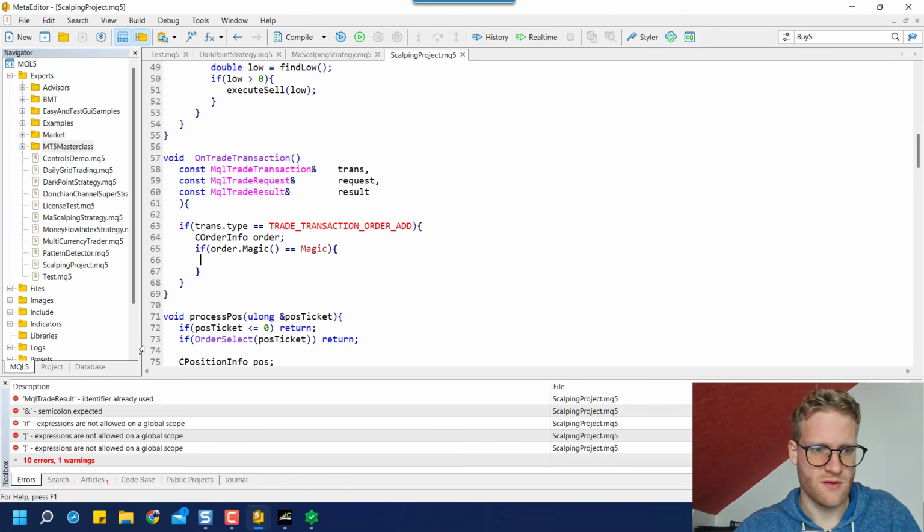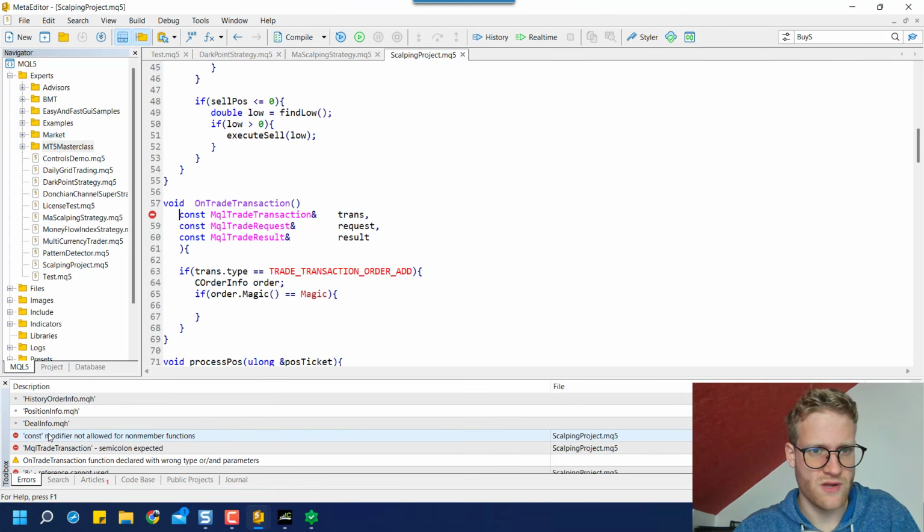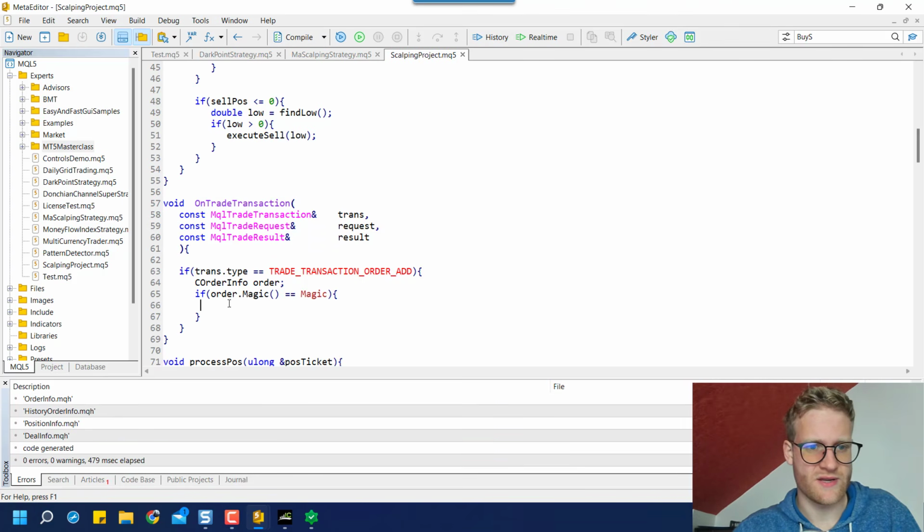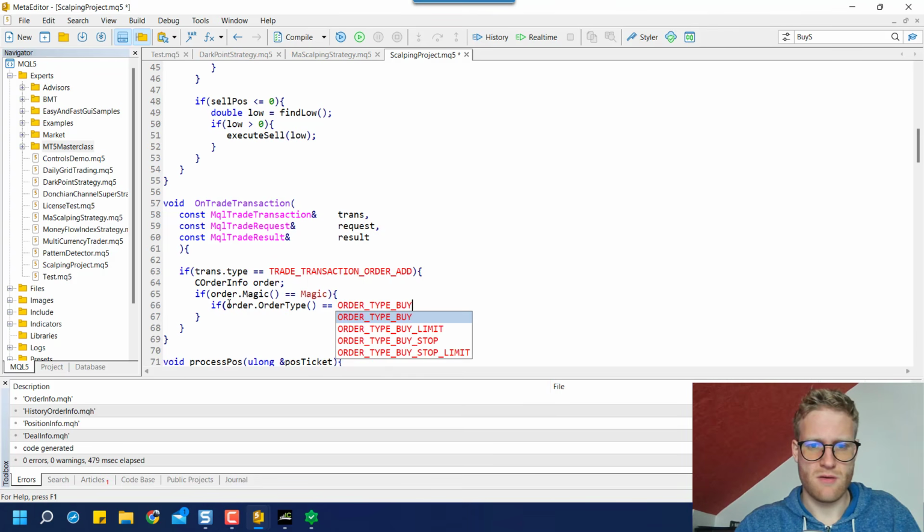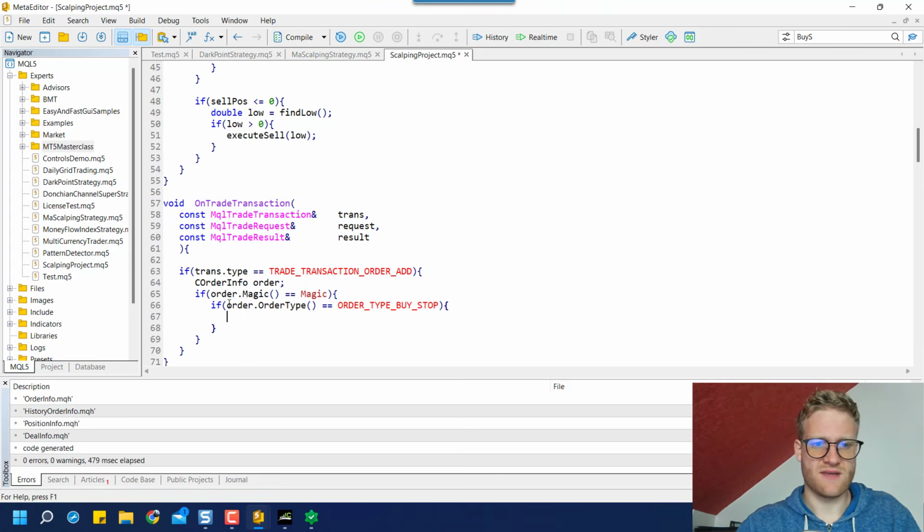Nope, there's a problem somewhere. Yes, I forgot to delete this closing bracket. So if order type is equal to order type buy stop, in this case it is the buy position that we have to update with the order ticket,